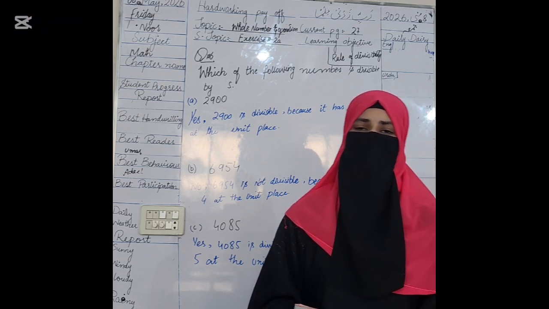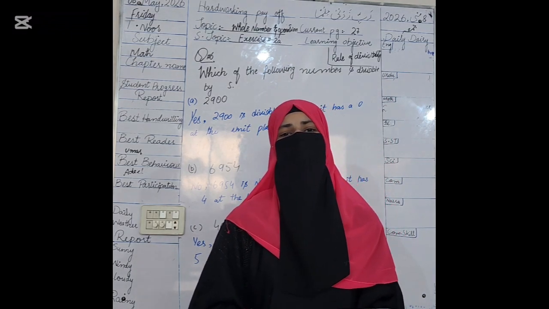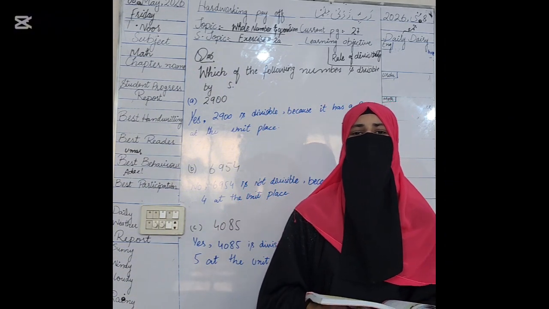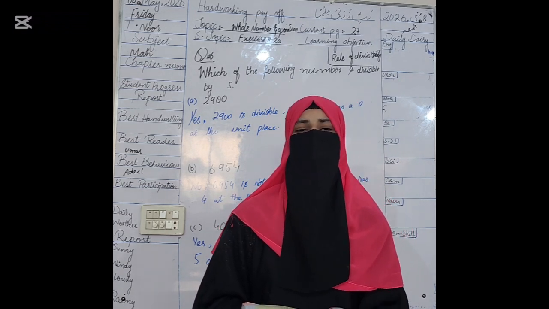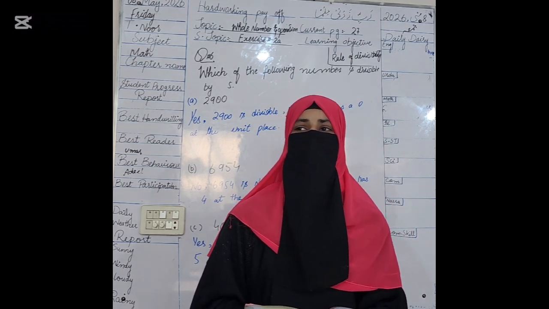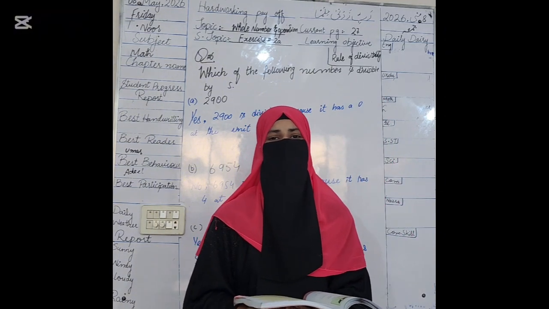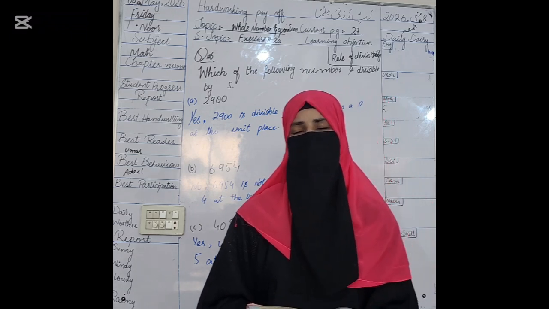So in our yesterday lecture we did question number 4 and 5, in which we learned the rule of divisibility of even numbers, that is the table of 2, and also the divisibility of 3. How do we find out that a number is divisible by 3, yes or no? Students, you know that for an even number, the last digit is 0, 2, 4, 6, 8, which comes in the table of 2. So that number is divisible by 2.